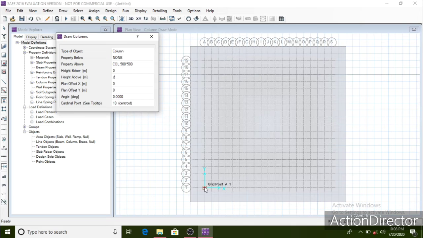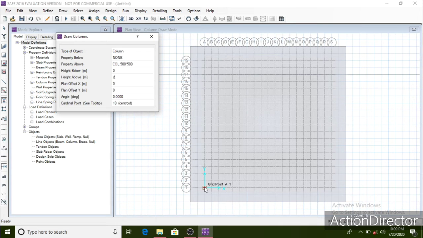So 500 by 500 mm columns will be coming on all the outer edges of the slab. Only 4 columns in the center will be of the dimension 600 cross 600 mm. So let's first draw the columns of dimension 500 mm by 500 mm.